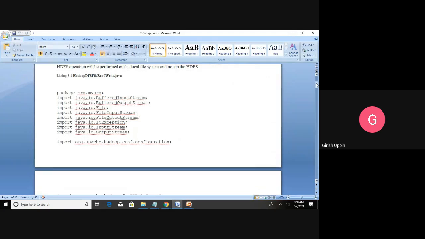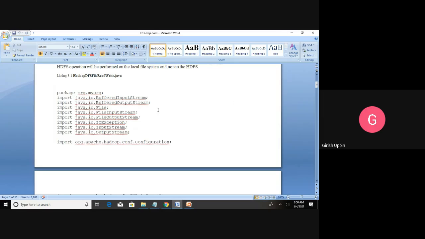You can attempt it; there are steps given on how to compile this particular code, how to create the jar file, and how to run each of these operations, like creating a file, deleting a file, making a directory, etc. Those operations you can run using that particular jar file. All the instructions are given. And as I told you, some of the things depend on what version of HDFS you have. According to that, you have to make certain code changes.